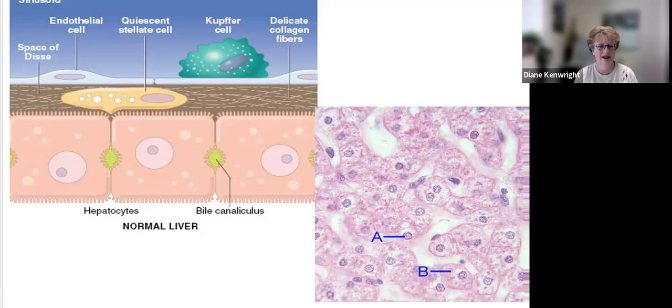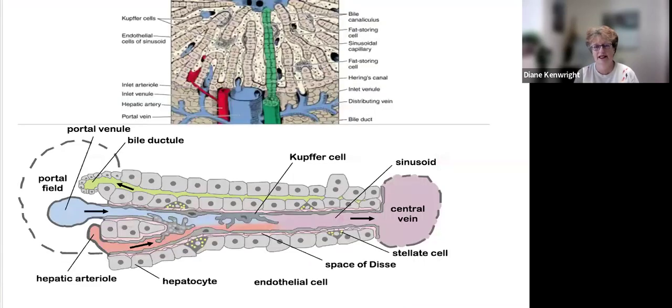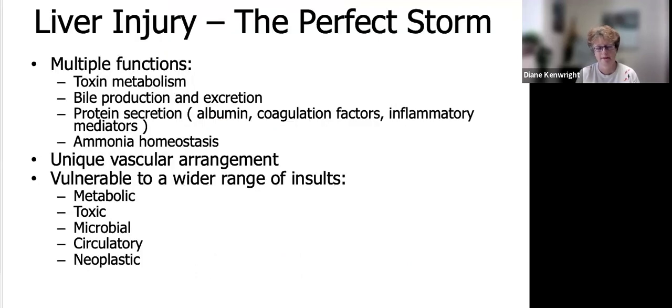Okay, what's next? Let's think about this flow. So normally we think of the blood, which flows from the portal venule through to the central vein. But then there's a flow of bile that goes backwards into the portal tract, down the bile ducts, and of course into the gallbladder. Moving on to our first topic,